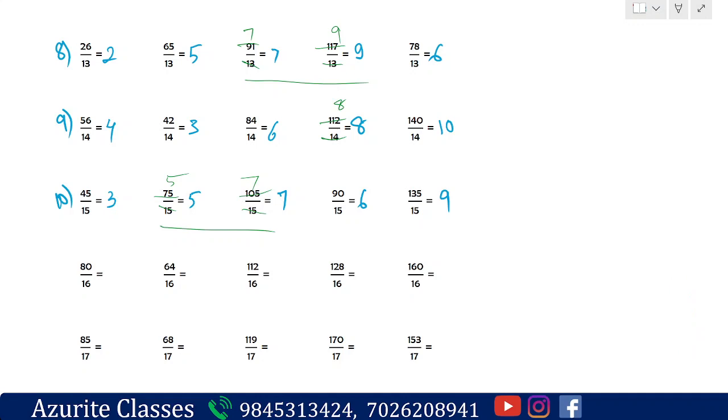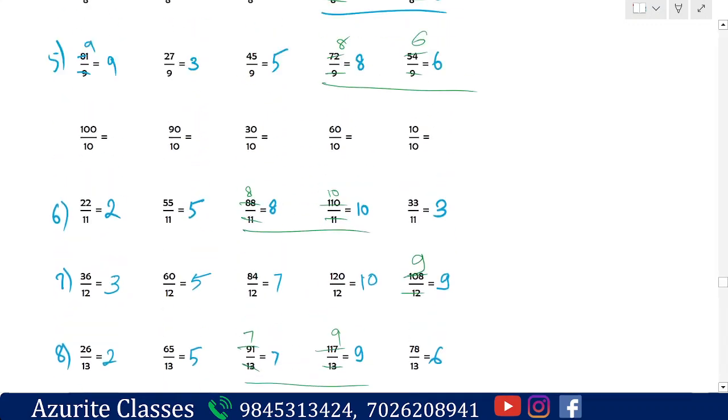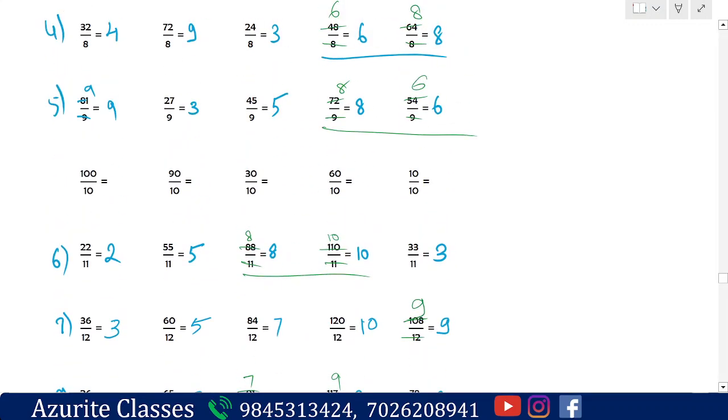So if you go here, see here, 100 divided by 10. If there is a 0, we have to cancel the 0 first. What we have to do? We have to cancel the 0 in the numerator and the denominator. If there is no 0 in the denominator, don't cancel it, it will be in decimal. I will tell that. So here 1 0 cancel, here 1 0 cancel.